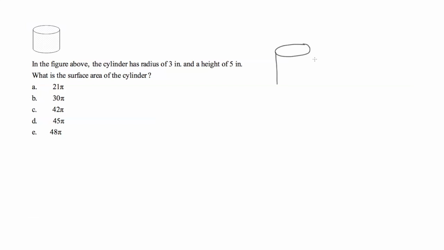A cylinder can be broken up into 3 different areas. The first area will be the top of the cylinder, which is just a circle. We also have another circle at the bottom of the cylinder. Now, the side, it's kind of wrapped around this center, so for visualization purposes, if